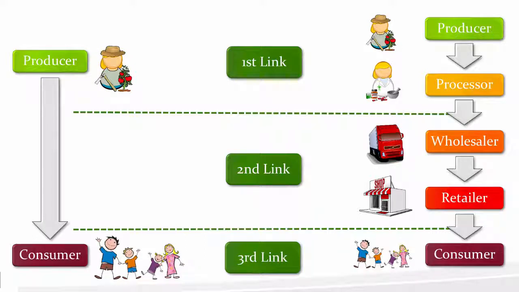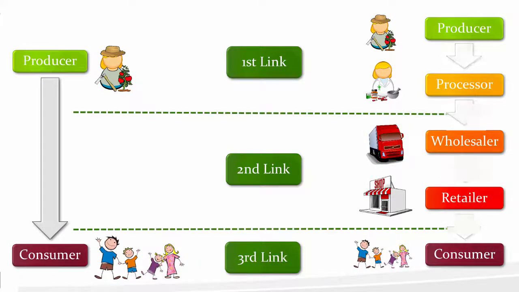This is common in fresh produce. Sometimes consumers are welcome to pick their own vegetables or fruits in the fields. They weigh them and they pay the producer. However, this cannot be done globally. It's not so easy to organize and it's not very efficient in big cities or in isolated locations with no productive fields around. So take a look at the food value chain on your right-hand side.